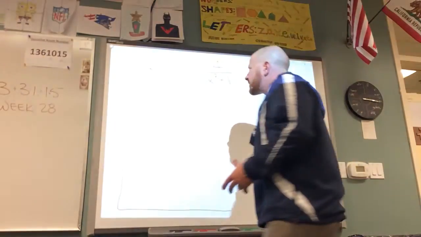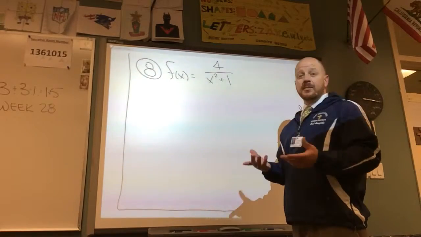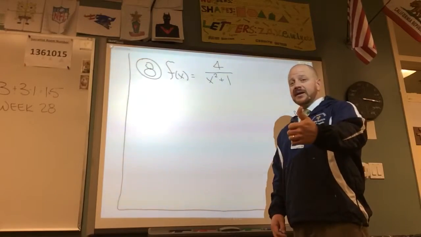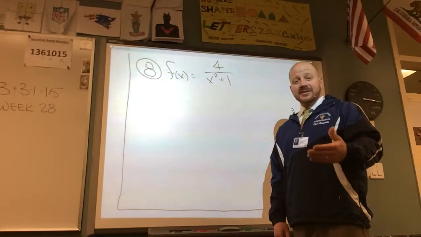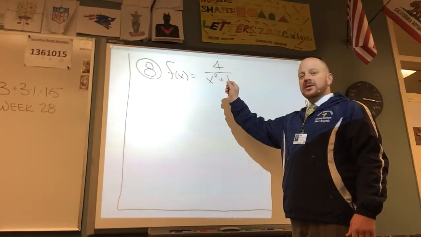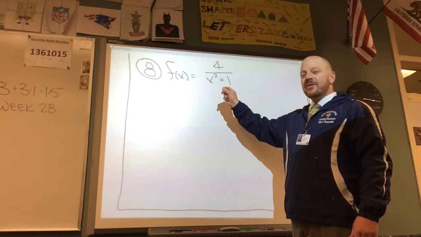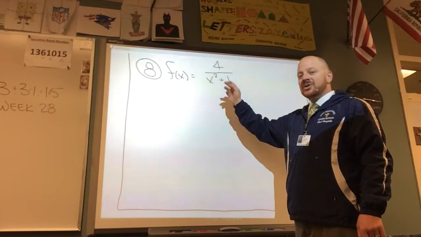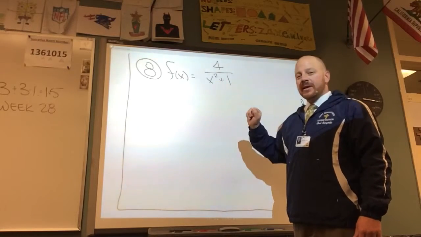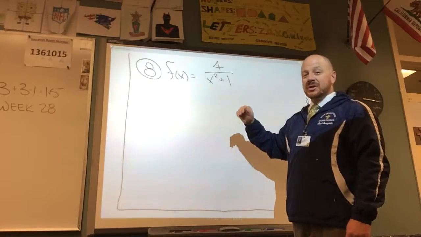Okay, Nicole, so actually on this number 8 one that you sent me, it's not too bad at all, because when I look up here and I consider my normal things, does anything not like negatives, and can I divide by 0? In this case, I really can't, because I have x squared plus 1. The smallest that x squared can be is 0, when I have x equaling 0. Any other amount of x, both positive or negative, is just going to add to that 1, since I'm squaring it. So in other words, when x is 0, I'm going to get a maximum on my function of 4,